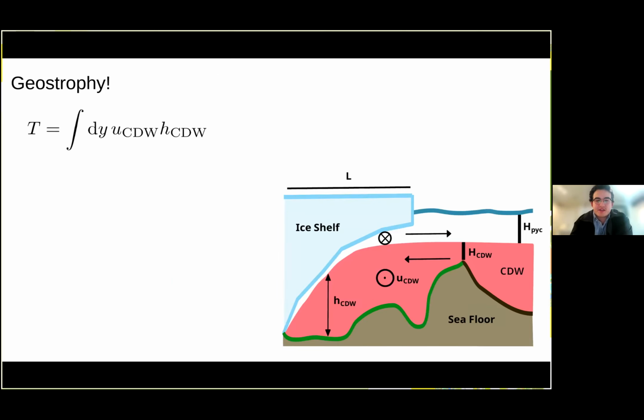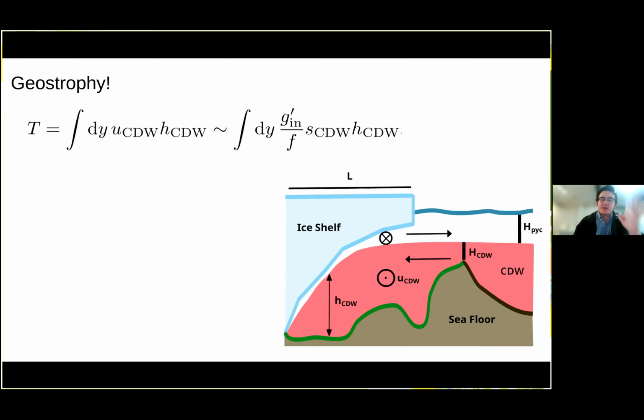And so we can start to write some equations for that. Here we have the T, which represents the transport into and out of the page, the geostrophic transport into and out of the page in our ice shelf cavity. And here we just have the integral as we go from left to right of the speed, or velocity, into and out of the page, times the layer thickness at any point. And then we're going to use the thermal wind equations to approximate that